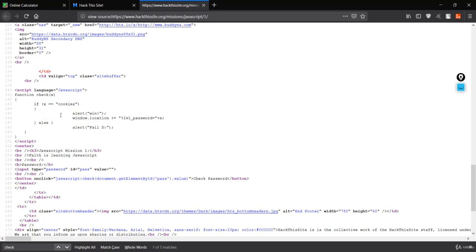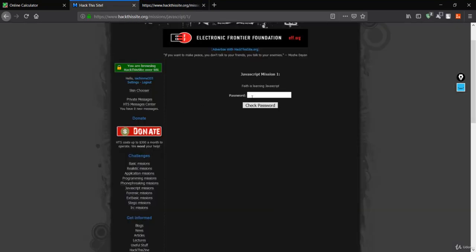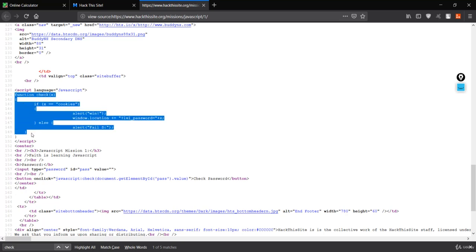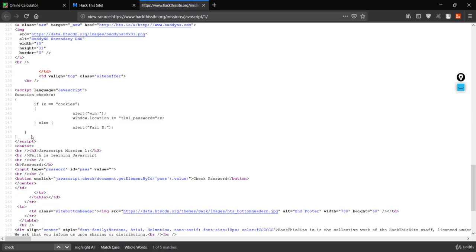This check method is this function over here. It is passed the values we entered in this field, and it is responsible for checking our password.